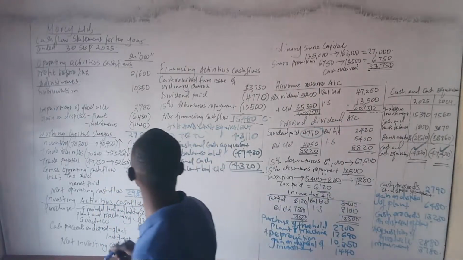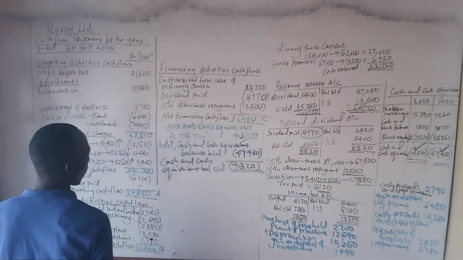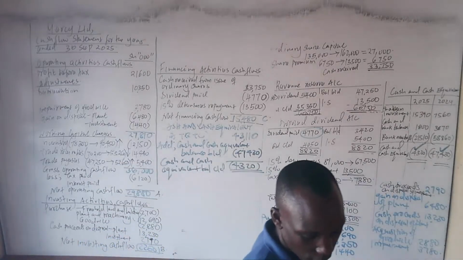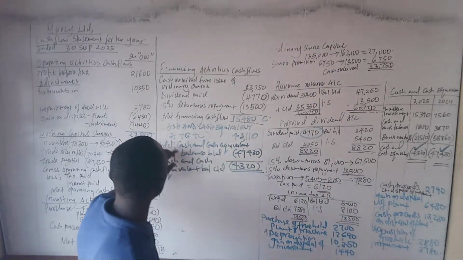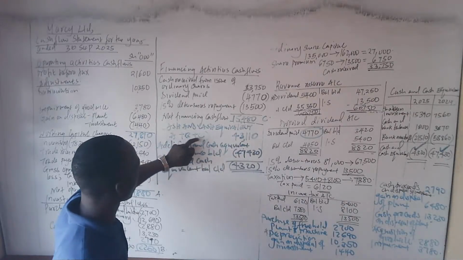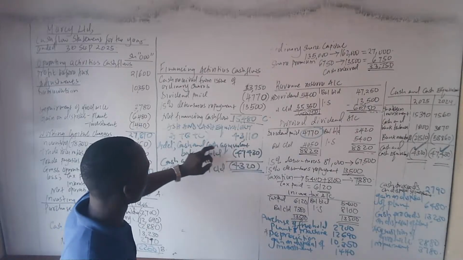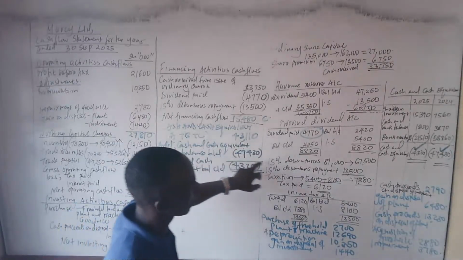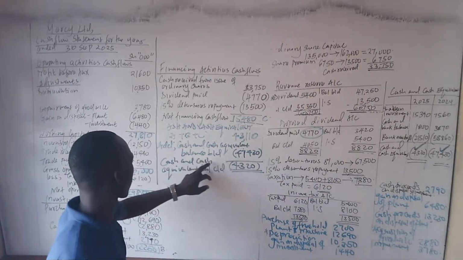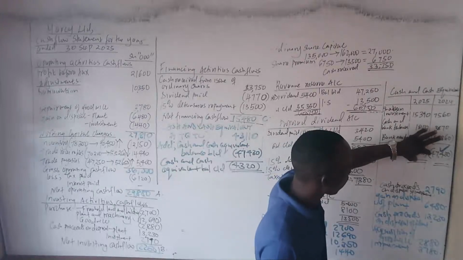So that's about the cash flow statement. This is how you should present your cash flow statement, and in this case, you have reconciled. When we take the cash and cash equivalent, that is A plus B plus C, we are getting this amount. Then we have cash and cash equivalent balance brought down, which is the one that we computed here. They must reconcile with cash and cash equivalent balance carried down, which is the one we also computed.